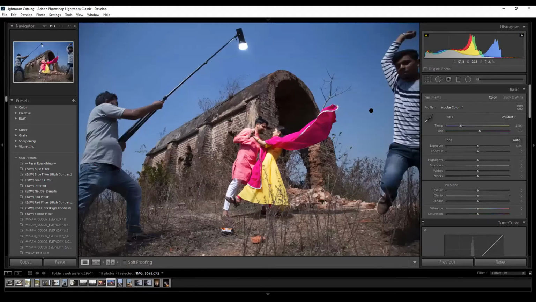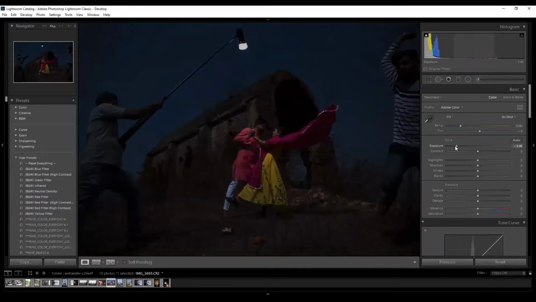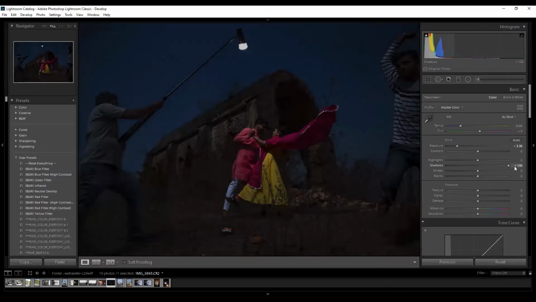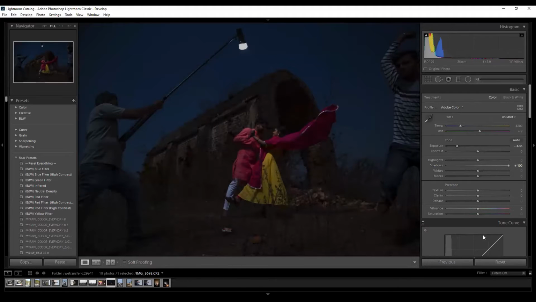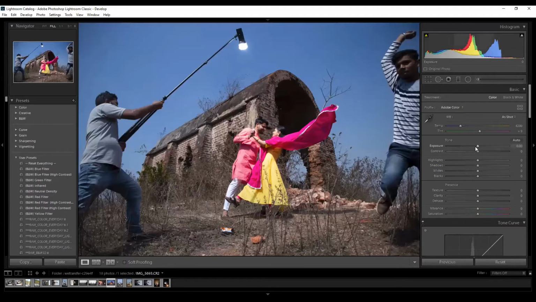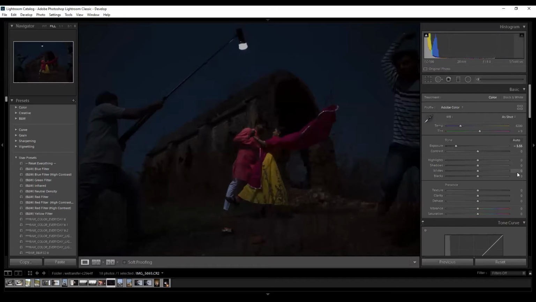Okay. So next, let's come to the shadow part. If we underexpose the image, what does shadow do? Shadow will recover the shadow areas of your image, only recover the shadow areas, and try to retain the colors. What will black do? Black will try to remove the black in the process of white, gray, or black.